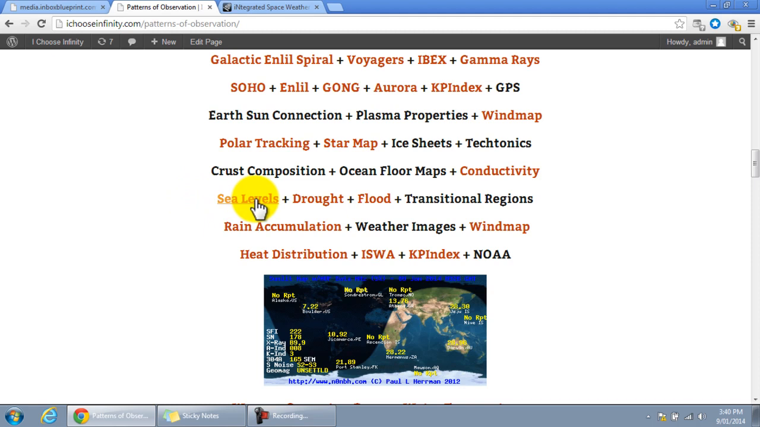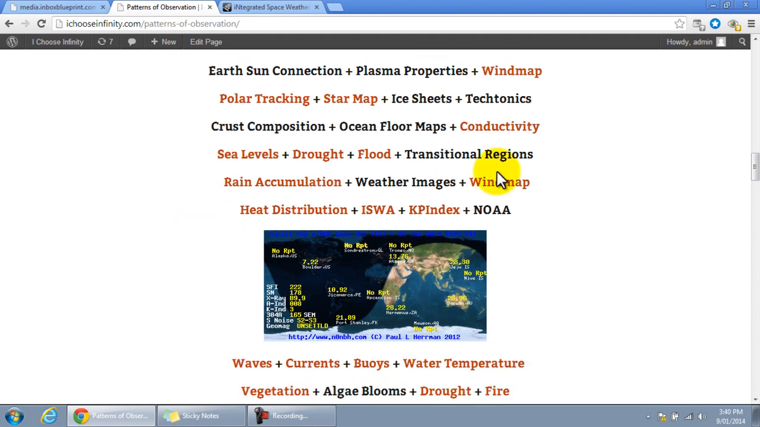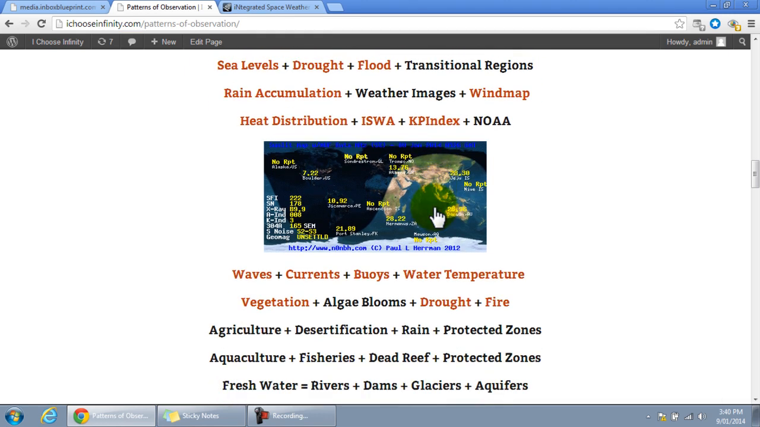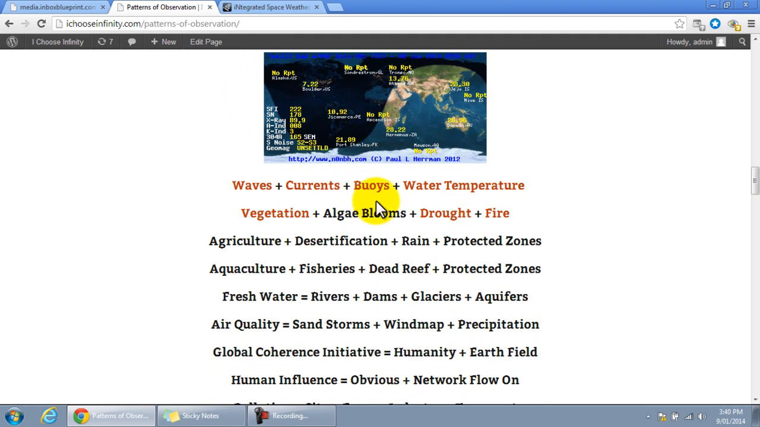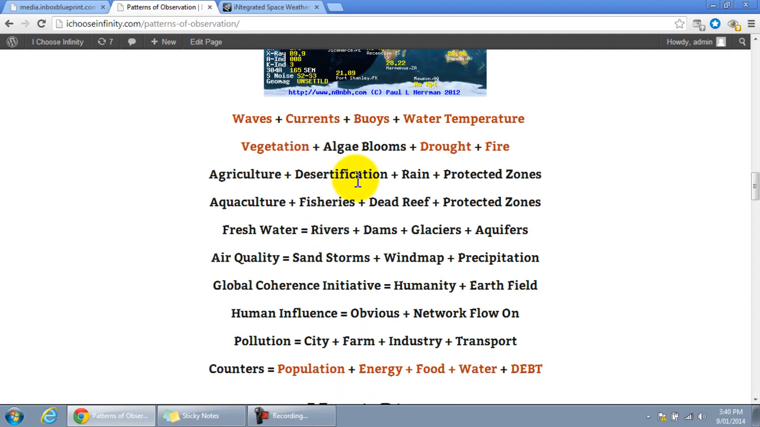Sea levels: the Australian floods in 2010-11 dropped sea levels by about 0.5 centimetre because they soaked up so much water. You can look at drought and flood maps, rain accumulation maps, weather images, ground level surface condition wind maps, heat distribution, more about how the Sun sends the general heat to the Earth, look at the waves, the currents, buoys, temperature, like I said before, the conductivity as well. Then we start looking at vegetation, drought, fire, agriculture, desertification, where we're protecting, where the rain's going, the fisheries, the dead reef, protected zones, our fresh water, the air quality, sandstorms with the wind map,